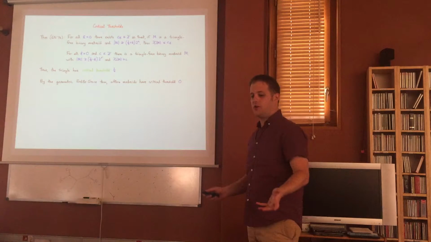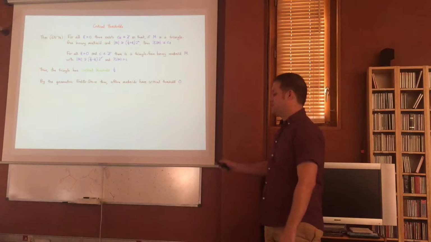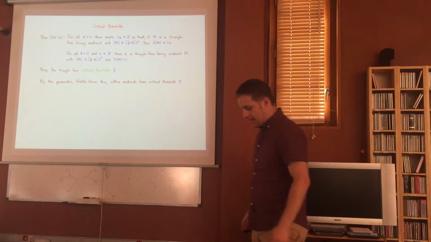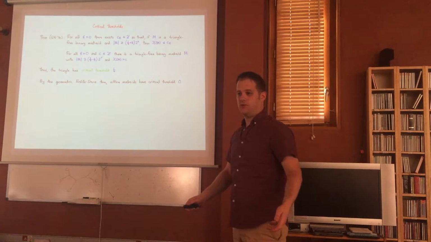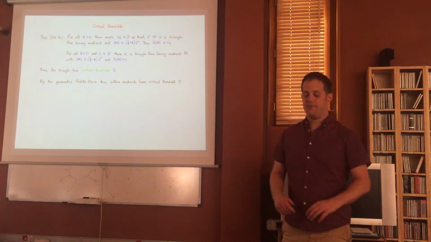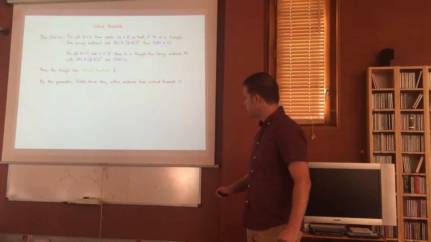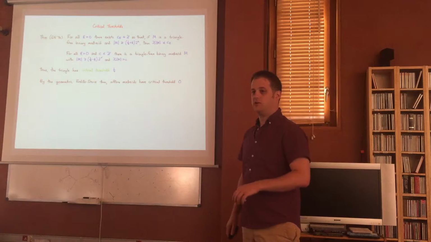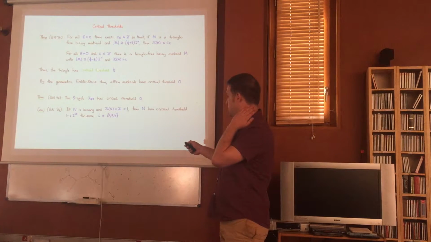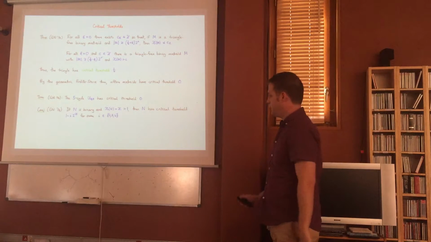So if we define critical threshold, analogously it's the density level above which you have bounded chromatic number, then this says that excluding the triangle gives you a critical threshold of a quarter. So we can ask all the questions that we answer for graphs about the critical threshold. The geometric Erdős–Stone theorem tells you that affine matroids, the moment you exclude one of them, you can't have any positive density while still being large. So any affine matroid you exclude gives you a critical threshold of 0. Analogously to Thomason's result, we proved that the 5-cycle also has critical threshold 0, as does any odd cycle. And again, that used the regularity